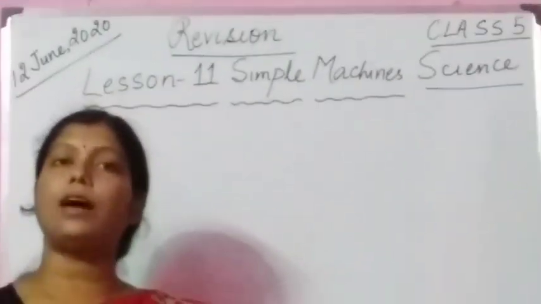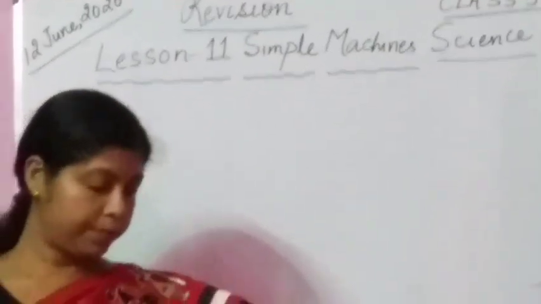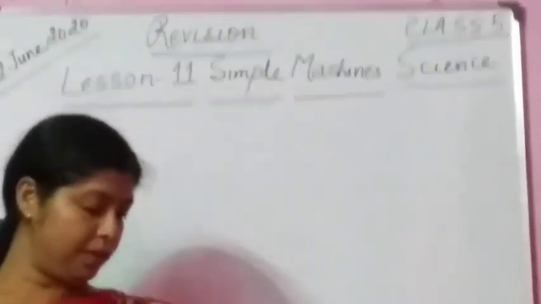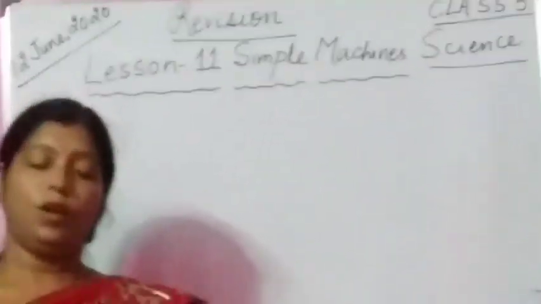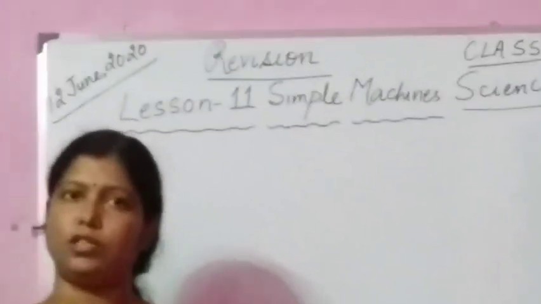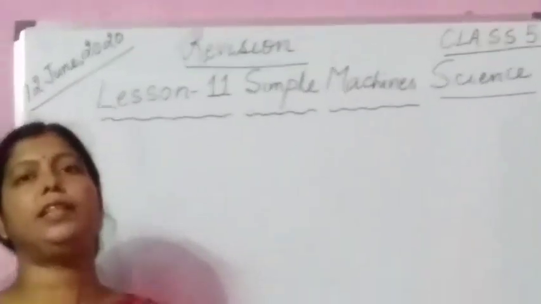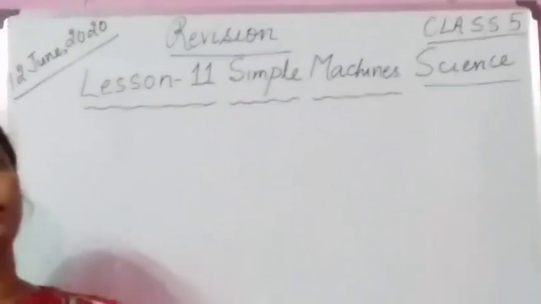Question number 15. Some common examples of wedges are axes, knives and our teeth. True. This statement is true because axes, knives and our teeth are examples of wedges. Okay. So children, we discussed 15 questions, that is true and false. You can revise them in the form of question answers also. Okay, no need to write anything in the copy. You just read through the lesson, that is enough.